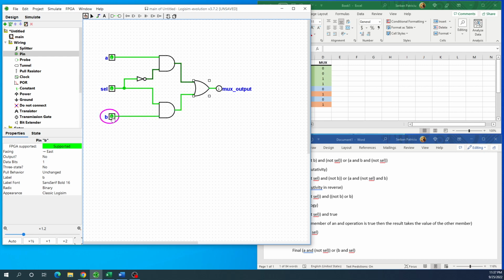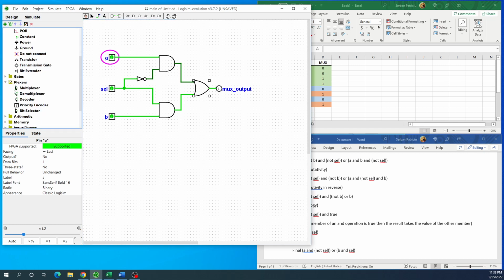And now if I click like this on B, what I see is that the values of B are reflected into the output, and whatever value I have in A, it will not be taken into account. So this is the behavior of a multiplexer,